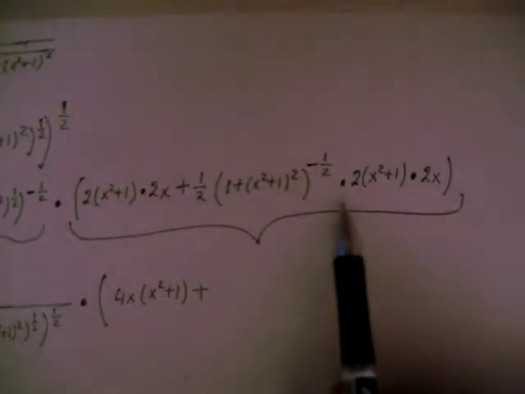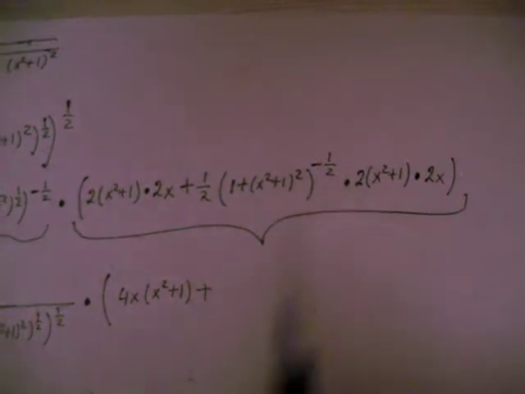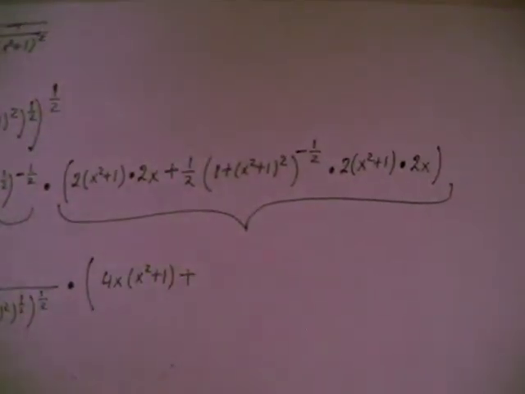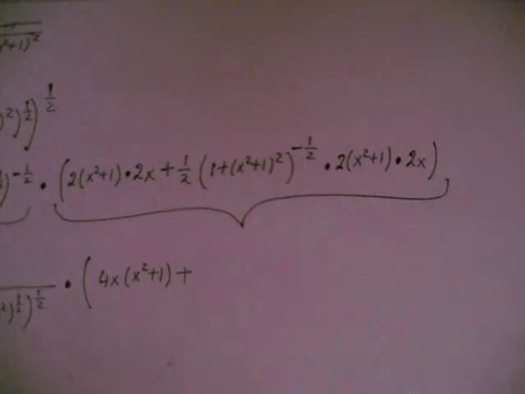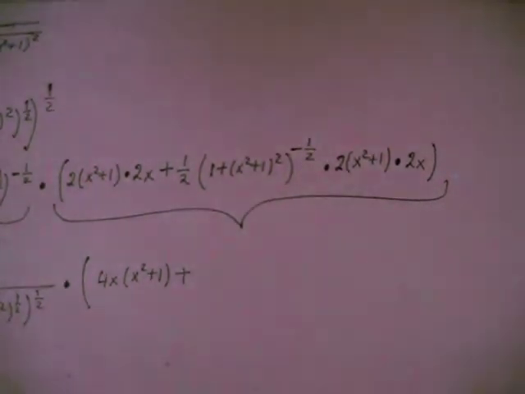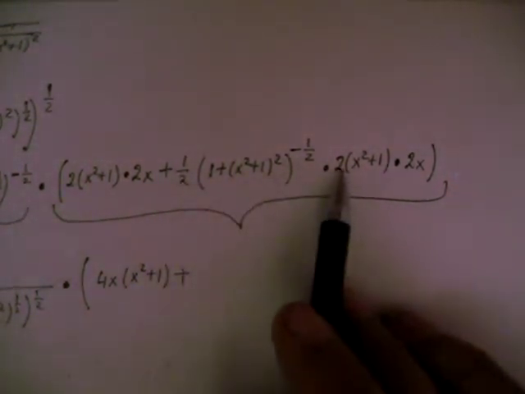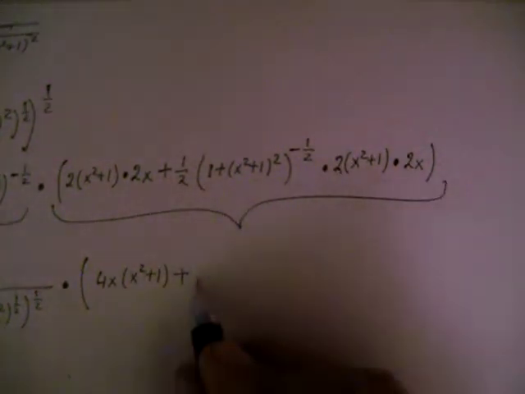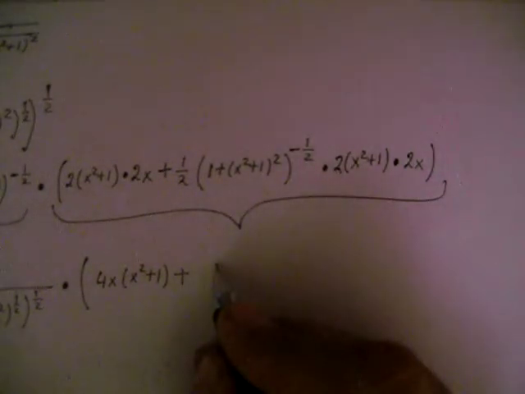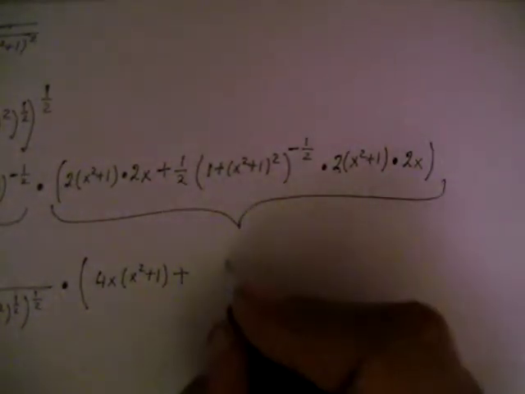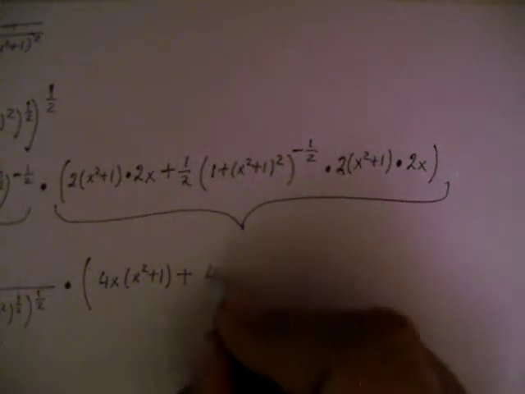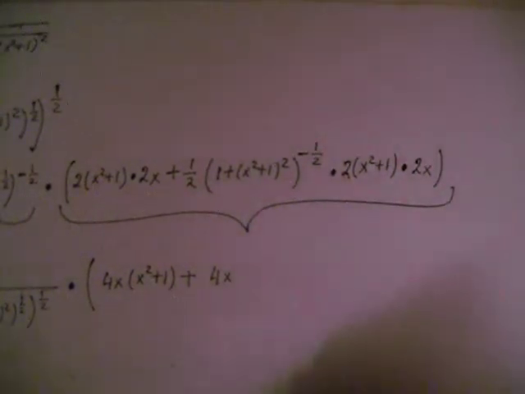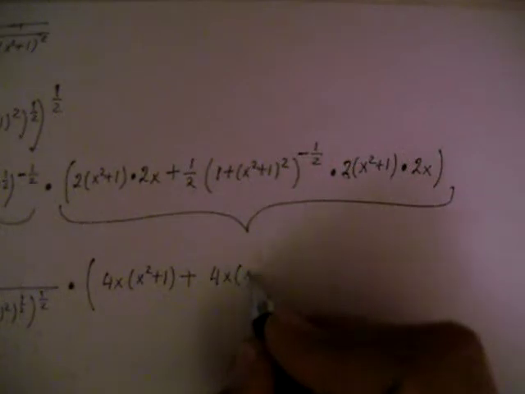Okay, but I'm not doing that because I want to show my result as it is written in the answers of our worksheet. Okay, that's why I'm not canceling this 2 and 1/2. So I'm just multiplying this 2 and 2x. In that case, we will have 4x, right? 4x times x squared plus 1,